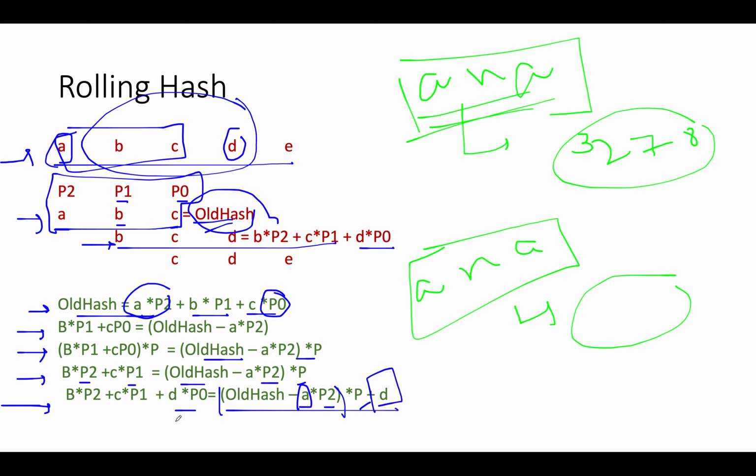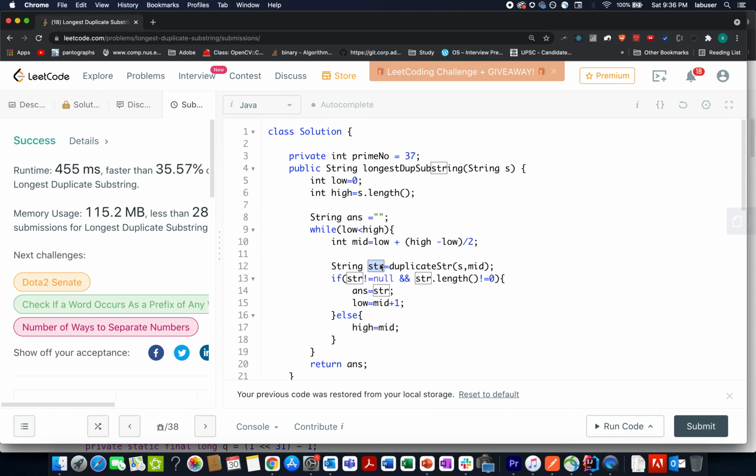Just remember this hashing algorithm, and now we will connect the dots. The first one is a binary search and the second one is this helper method. As discussed, I am applying the binary search algorithm on the input string length to identify the maximum length that exists that is duplicated. Let's take two variables, low and high. Low is initialized to 0, high to the length of the input string. Answer variable holds the answer.